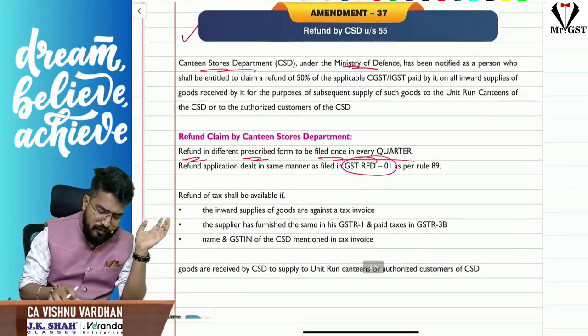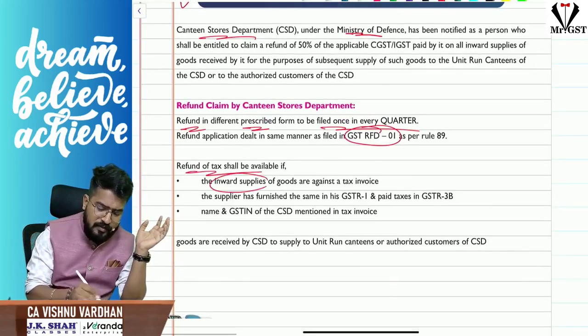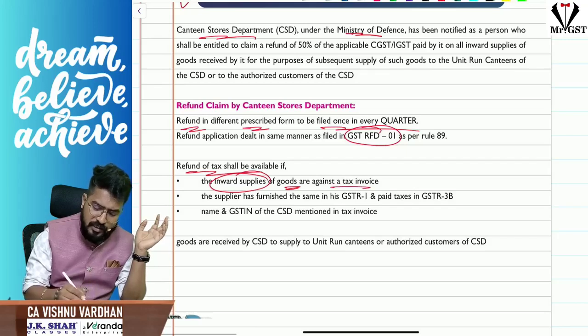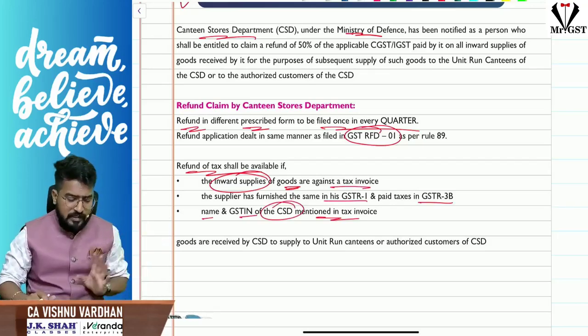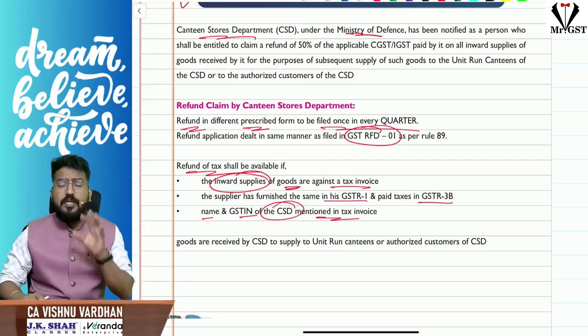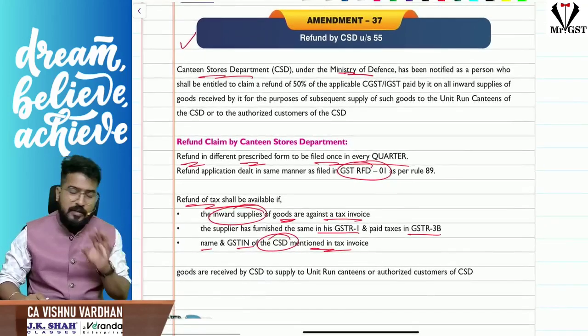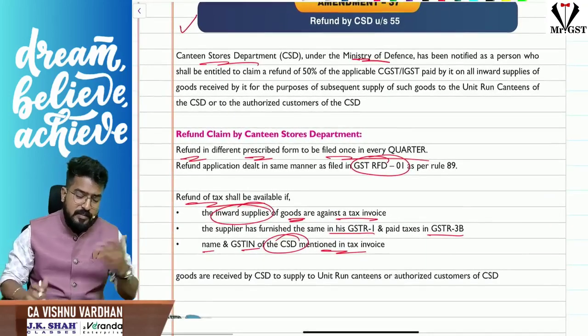So refund of taxes shall be available if the inward supplies are against a tax invoice, and they have furnished their GSTR 1 and 3B properly, and the name and GSTN of the canteen stores department is there on the invoices, then they can claim refund. Okay, so these people can apply for refund of the purchases made by them, which are subsequently used